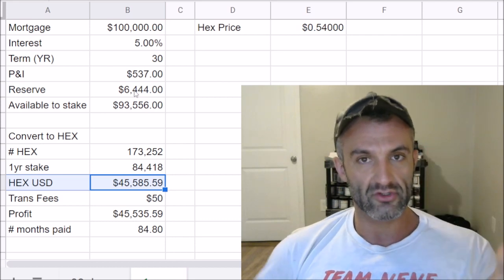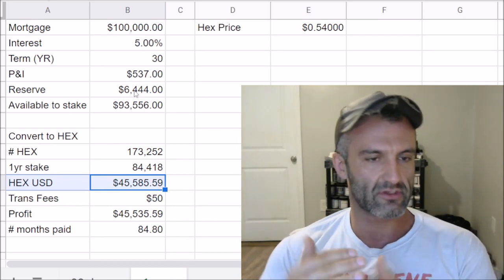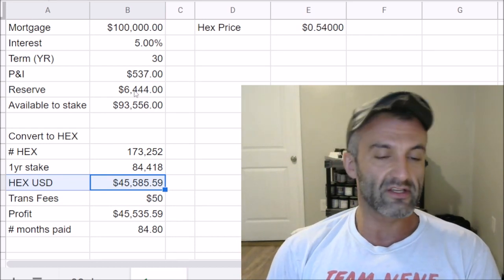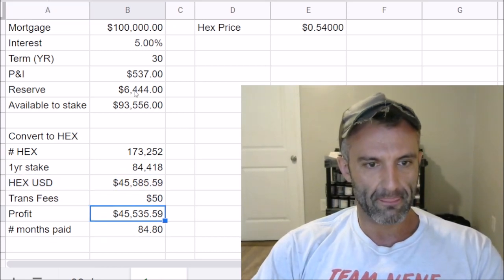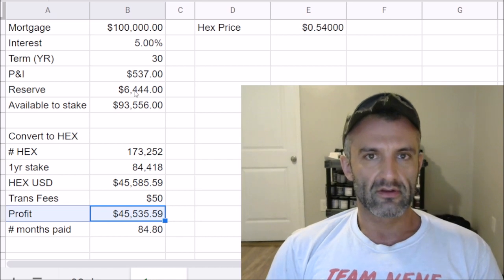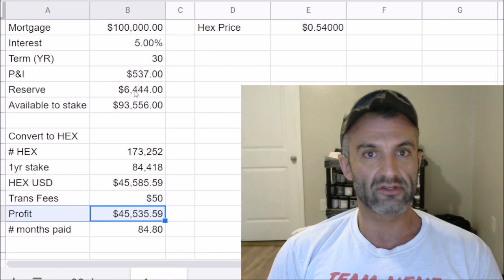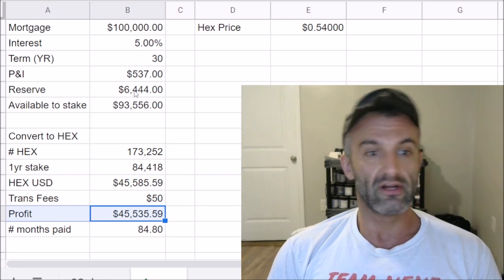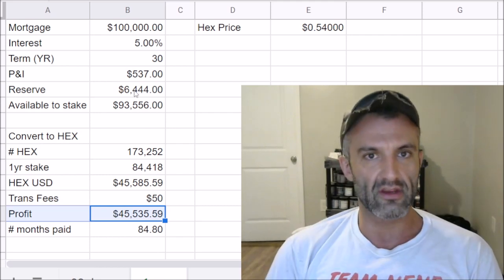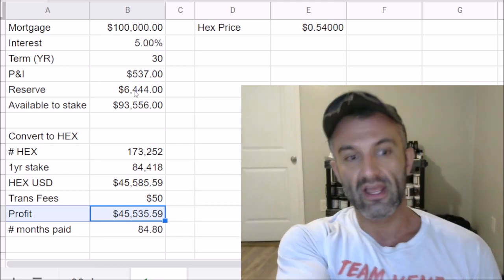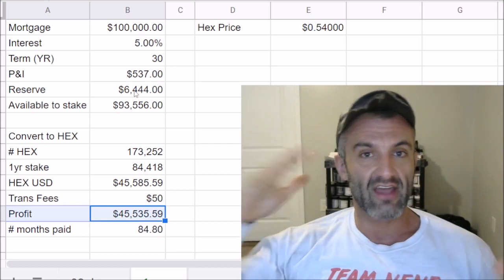The profit from here, so this is getting a little bit complex. If you want me to draw this out into detail, let me know, but I'll try to summarize it more simply in a moment. This $45,000 of profit right here, down at the bottom, right? This takes $6,500. That goes into the checking account. You've got your next year of payments covered. Step one. Step two, take your $93,000, right? The original amount, stake that again for 1 year. Boom, you're good. Now, take the remainder, the 39,000 and change of the profit, and stake that for 2 years,